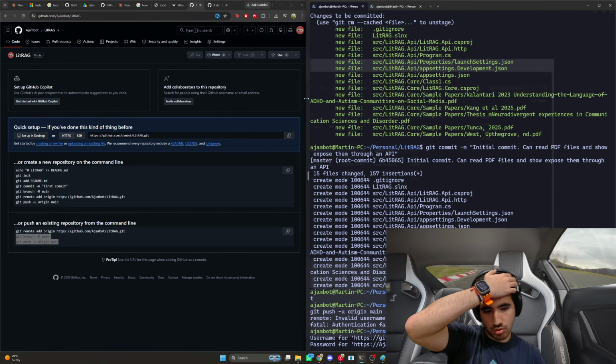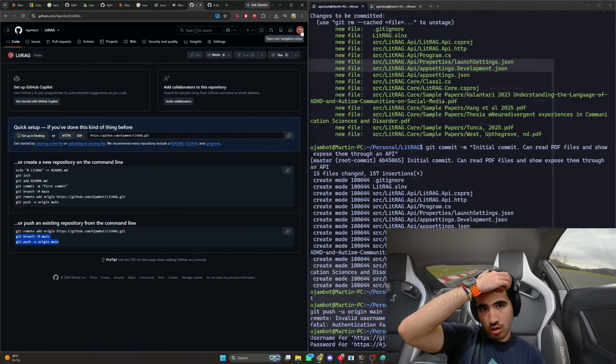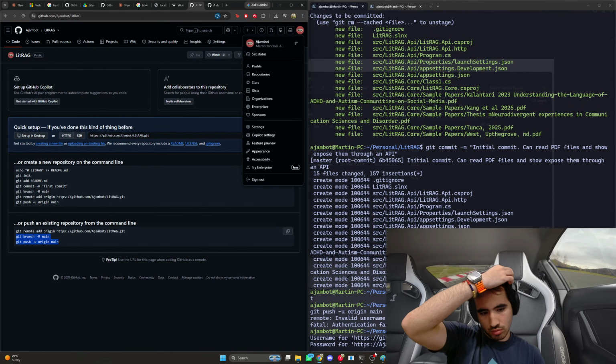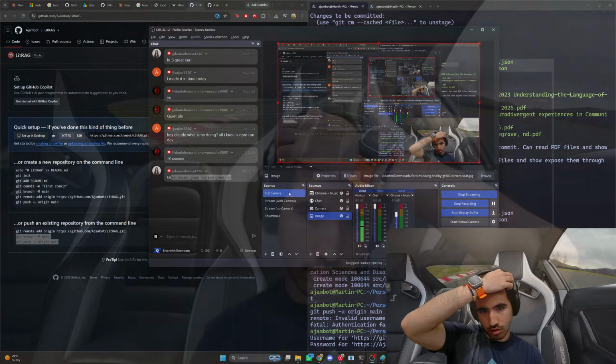Okay, I need to get an access token. Okay, I'm gonna switch my screen to full camera for a second while I do this. I'm basically just gonna go get a token. I mean, okay, yeah, no, this is not gonna work.